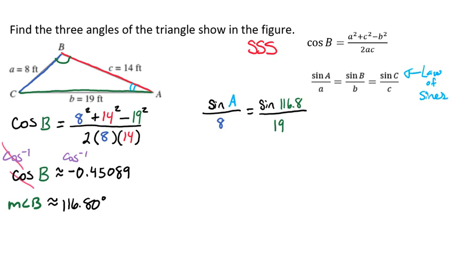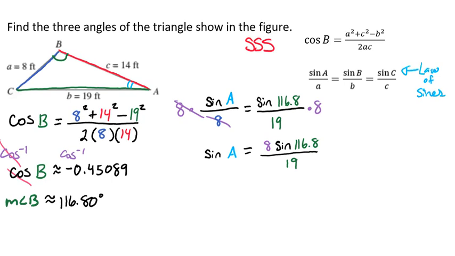All right, so we have the sine of A over 8 equals the sine of 116.8 divided by 19. So to get the sine of A by itself, we're going to multiply both sides by 8. That's going to allow us to cross those 8's off. And so we have the sine of A equals 8 times the sine of 116.8, all divided by 19. Now to get the A by itself, we're going to take the inverse sine of both sides so that our sines cancel out. And we get that the measure of angle A is going to be about